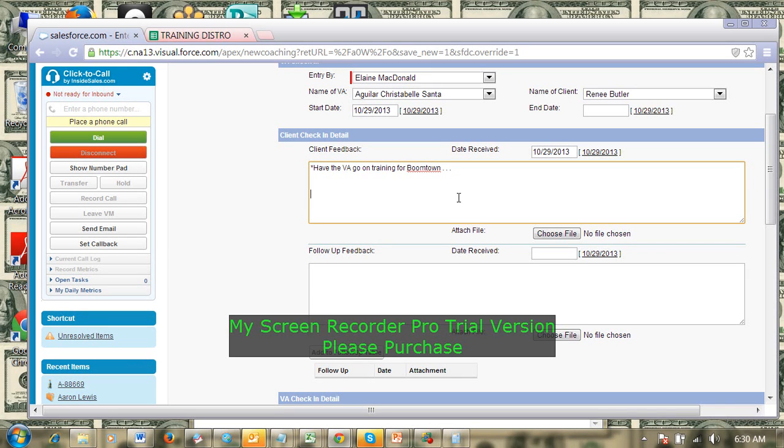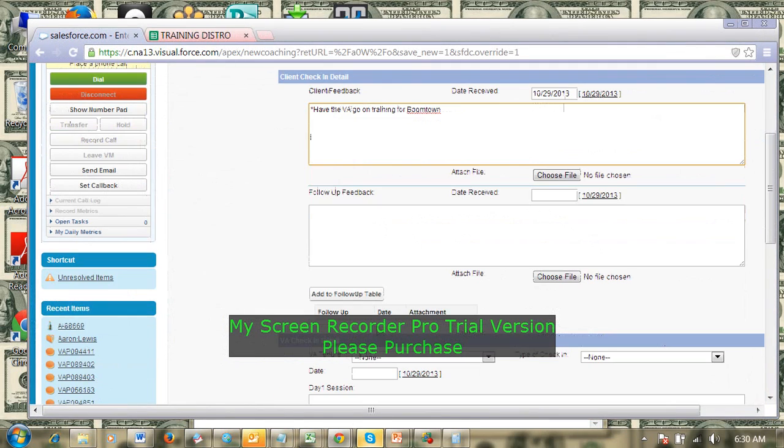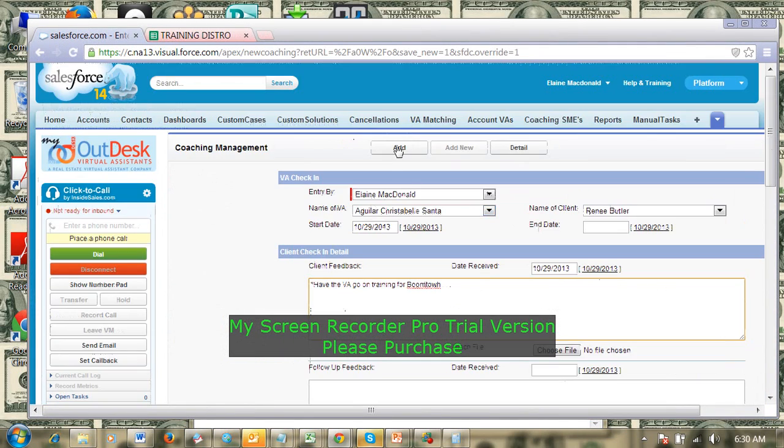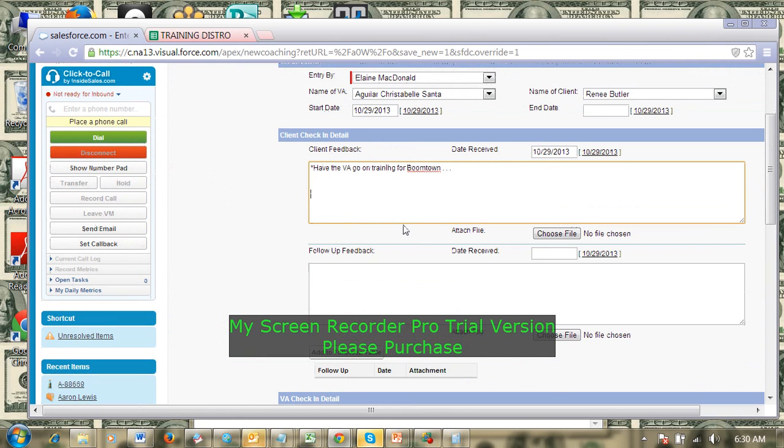Let's say you were able to communicate with the client via email or might be via Skype chat, so you can just paste it here. And also, if you have a supporting document, you can just attach a file here. Choose file in there and add. So it should already be good.